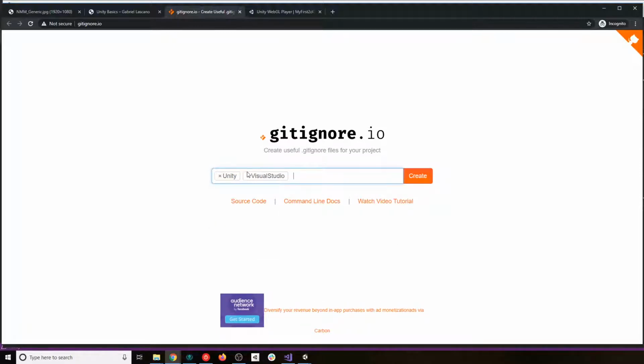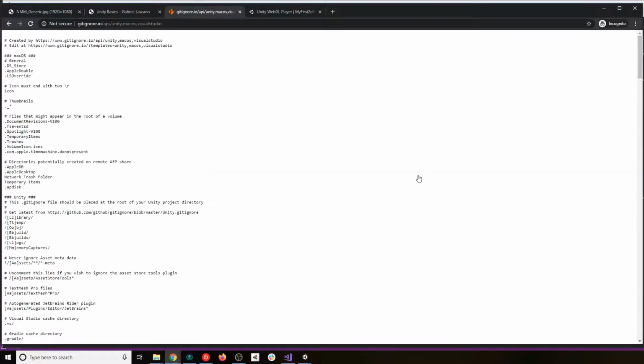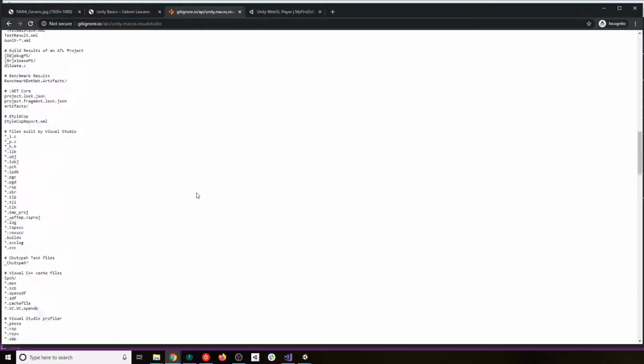If you don't use Visual Studio, or your team is not gonna be using Visual Studio, you don't need to add it. And then I'm also gonna add macOS, because I also have a Mac, and when I open it from there, some files like the .DS_Store are committed, and I don't really care about them at this point. So I'm just gonna go ahead and hit create, and this will just generate a plain